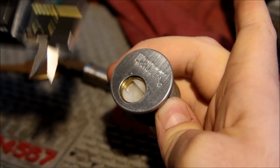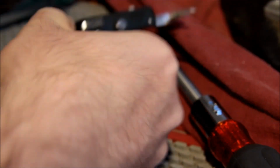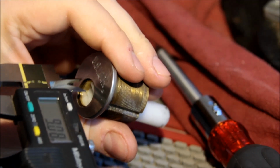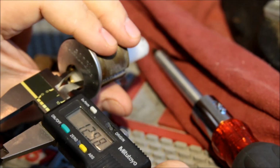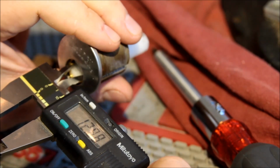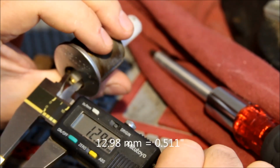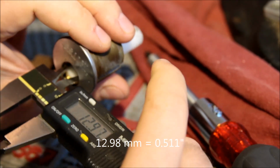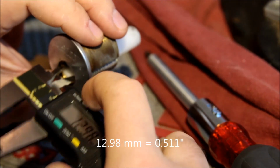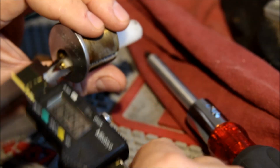And I'm just going to measure the inner diameter here. And of course, everything in the world is right-handed, so we got to switch over. Let's see what the inner diameter is. We had 12.90, and we've got 12.98 here. So that's 0.08 of a millimeter, according to my caliper. Now, I don't really know what that is, so